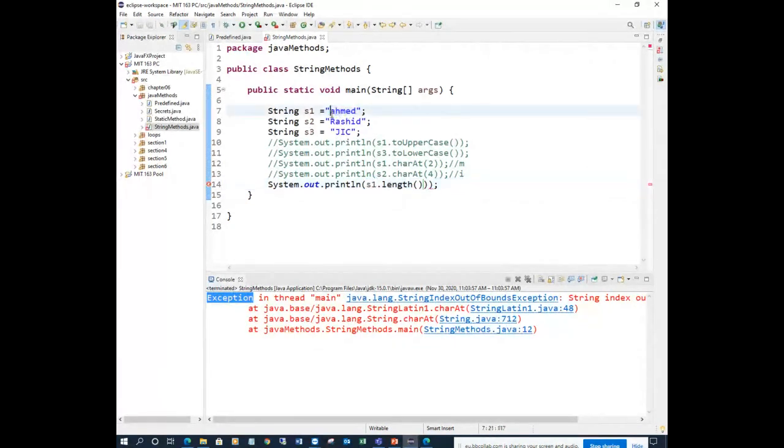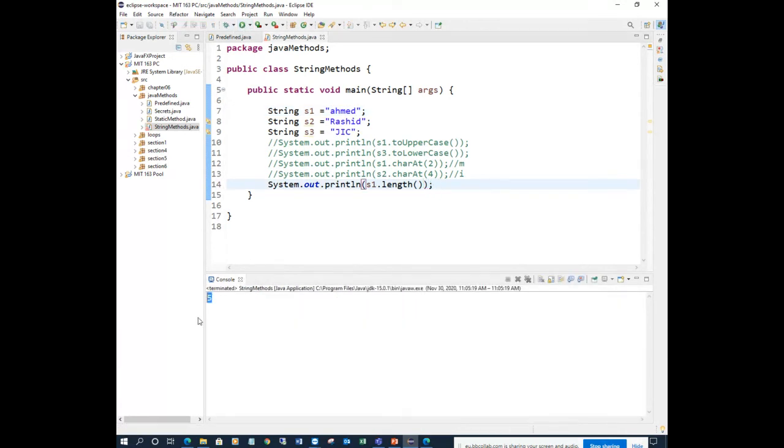How many characters here? 1, 2, 3, 4, 5: 5 characters. So the answer is 5. The length of s1 is 5. Now the length of s2: same thing, 1, 2, 3, 4, 5, 6, so 6 characters in Rashed, right?